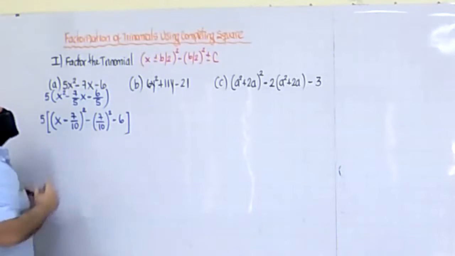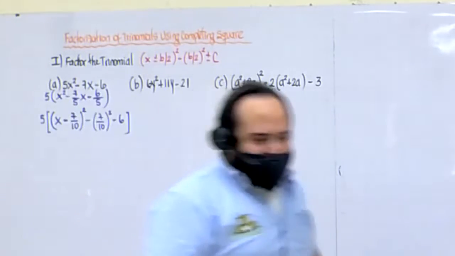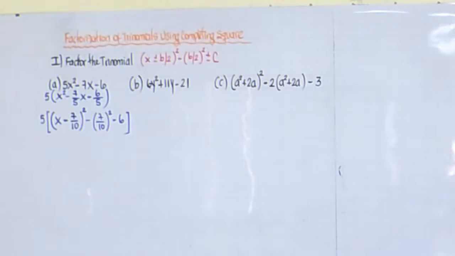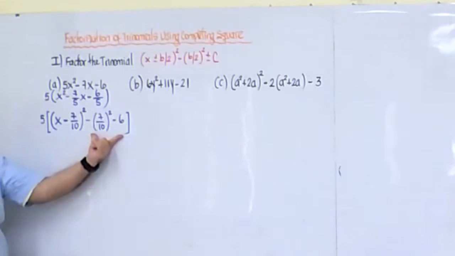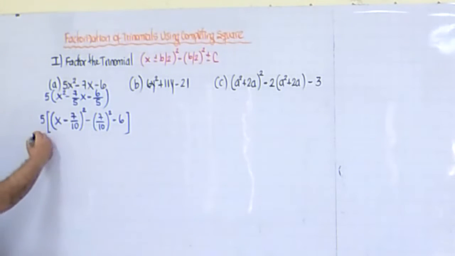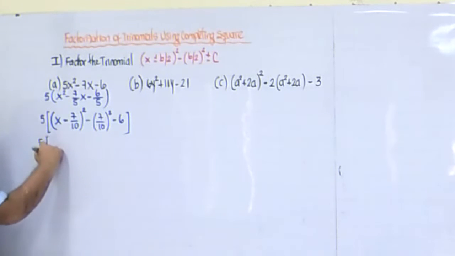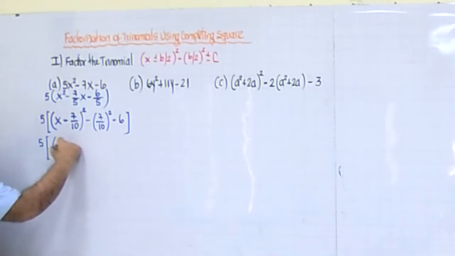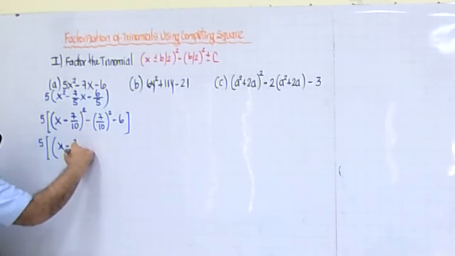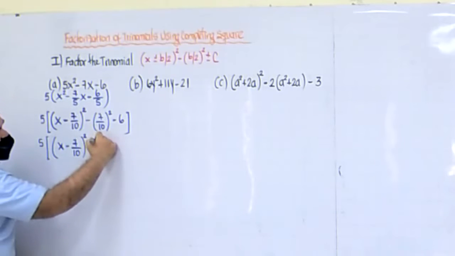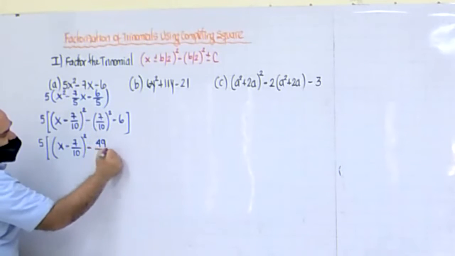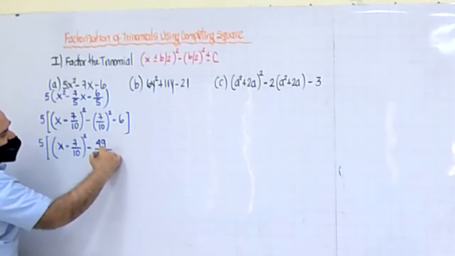And we're going to close the brackets. As you can see, we have finally finished the completing the square technique. The only thing we have to do is simplify these two like terms expressions. We have 5 times the parentheses (x minus 7/10) squared, minus 7 squared over 10 squared, that is 49 over 100,